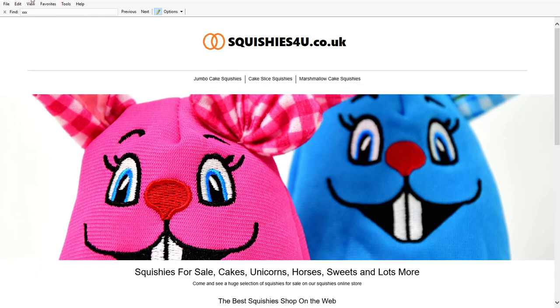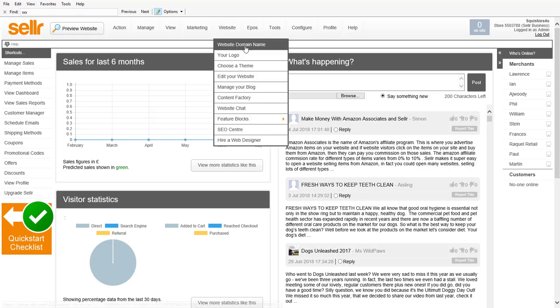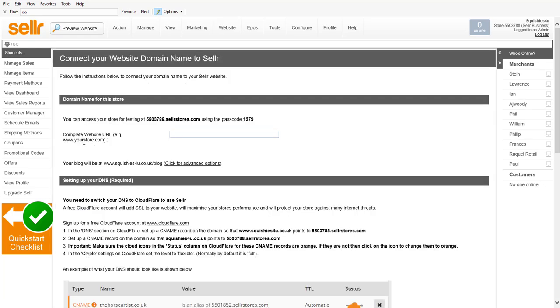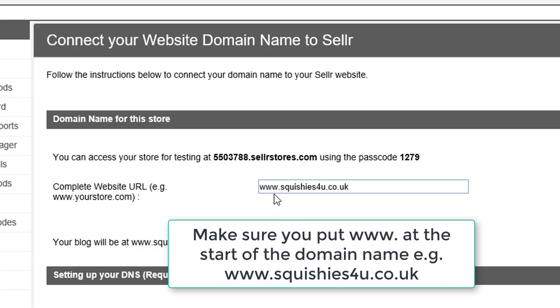So if I then switch to the Sellr control panel, the place you want to go to is website at the top, and then select website domain name. So in the top box here it says complete website URL. In there you want to put your domain name. So in my case it's